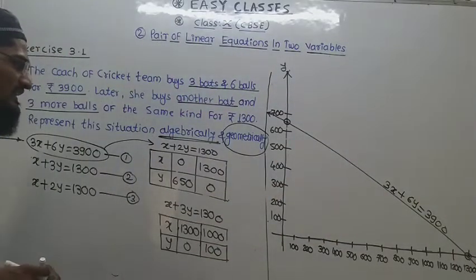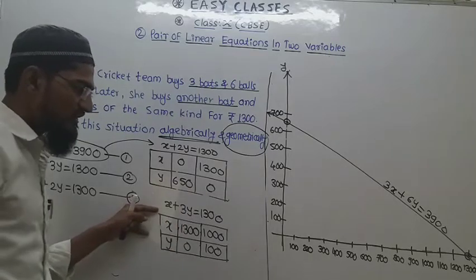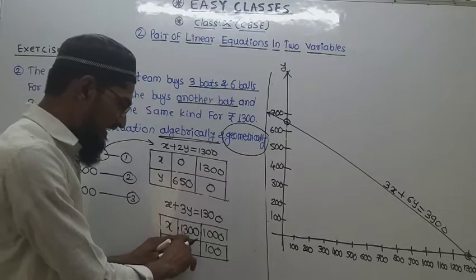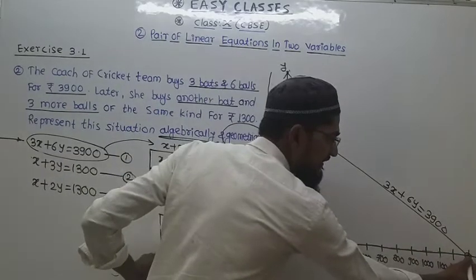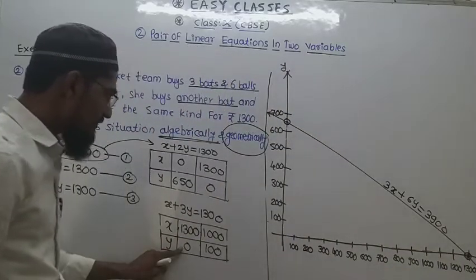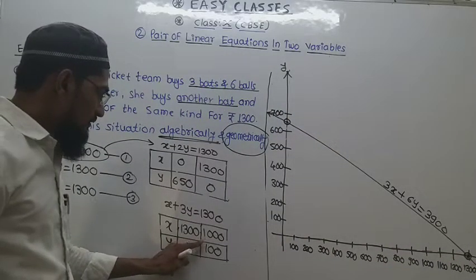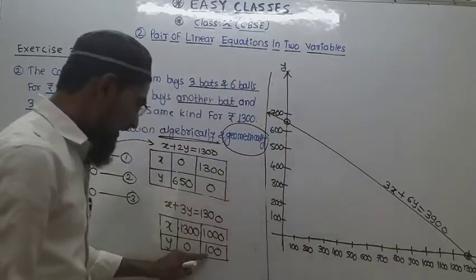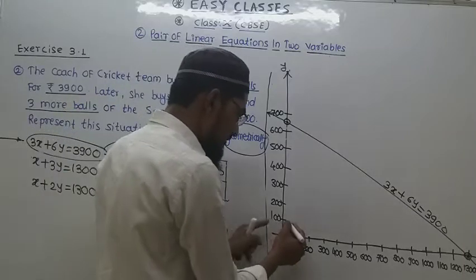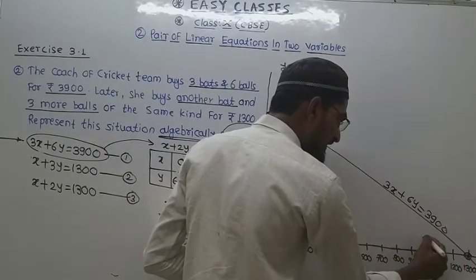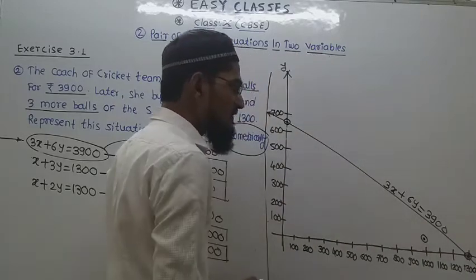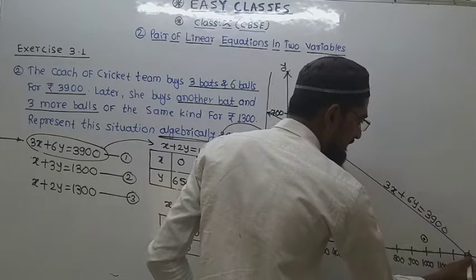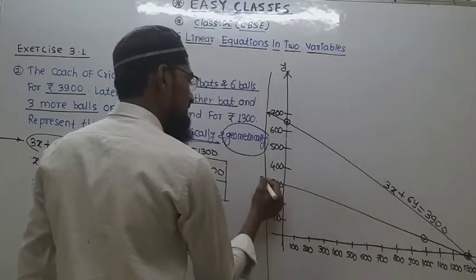Now we have to draw another line. x plus 3y is equal to 1300. So for that, on the x-axis 1300 and y-axis 0. So the same point is here for the second also. Now for here on the x-axis 1000. So here 1000 is there, and 100 for the y-axis. So 100 and 1000. So the line is like that. This is, and here we can draw a line from that. So this line will be like that.